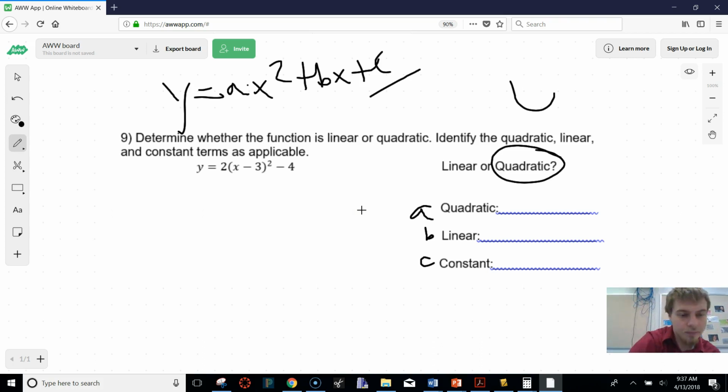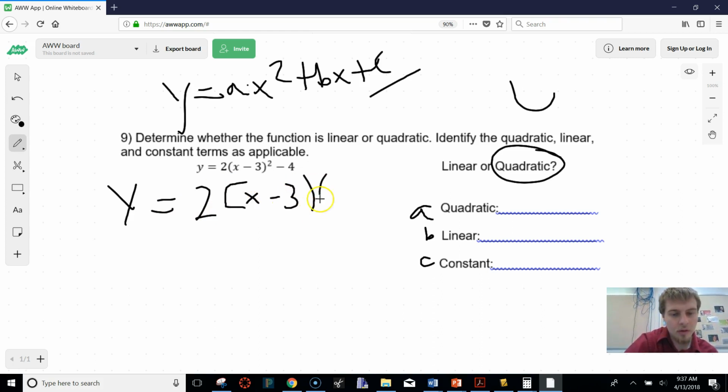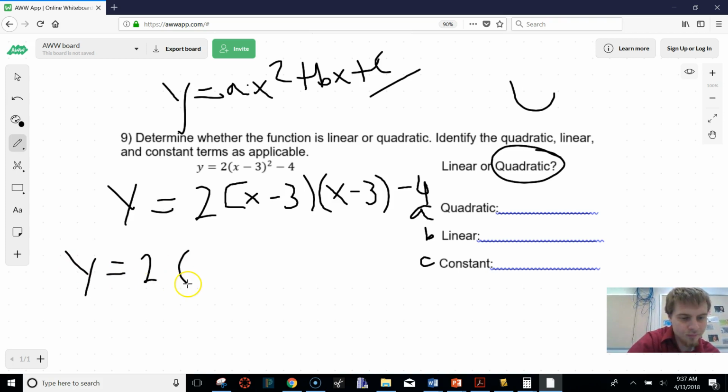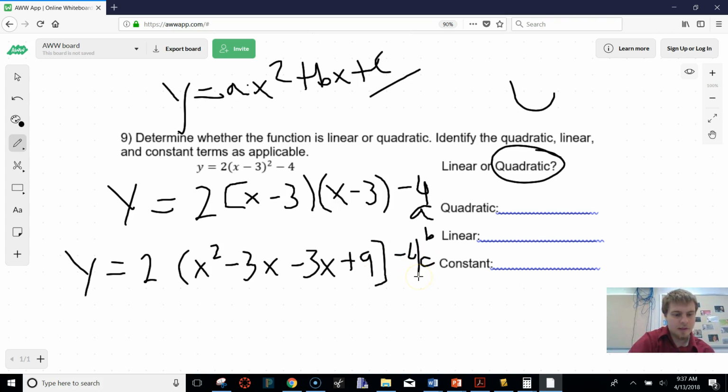So what we're going to do is undo that by timesing it by itself, or squaring it. So we're going to get y equals 2 x squared minus 3x plus 9 minus 4. Then I'm going to get y equals, and we can combine these together to give us negative 6x,